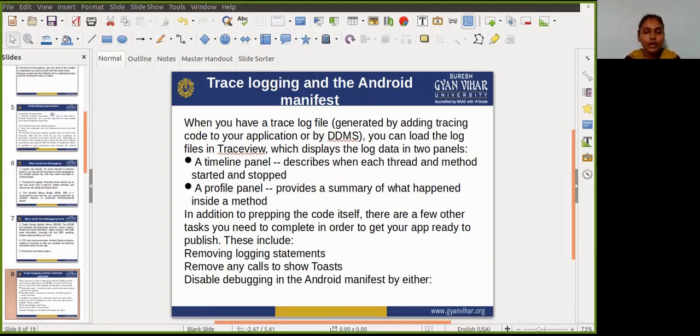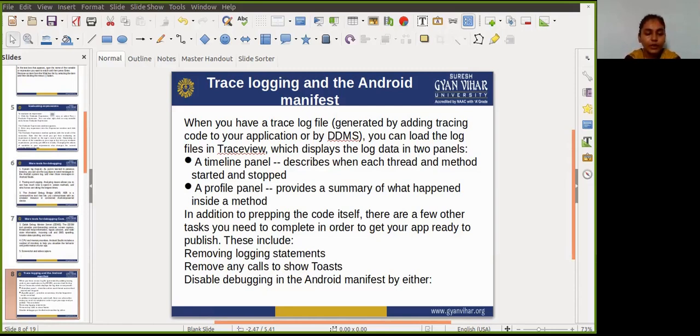When you have a trace log file, you can load the log file in Trace View, which displays the log data in two panels. The first panel is the timeline panel and the second panel is the profile panel. The timeline panel describes when each thread and method started and stopped, and the profile panel provides a summary of what happened inside a method.